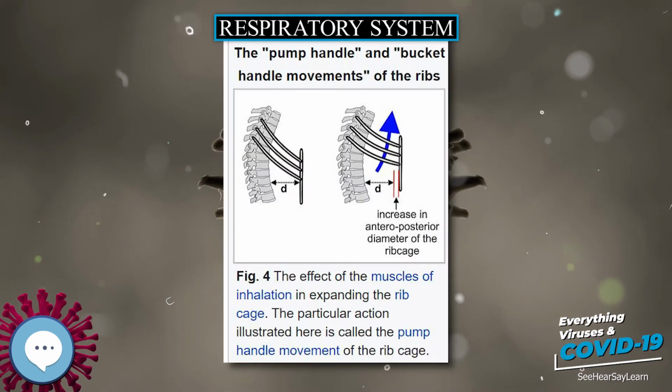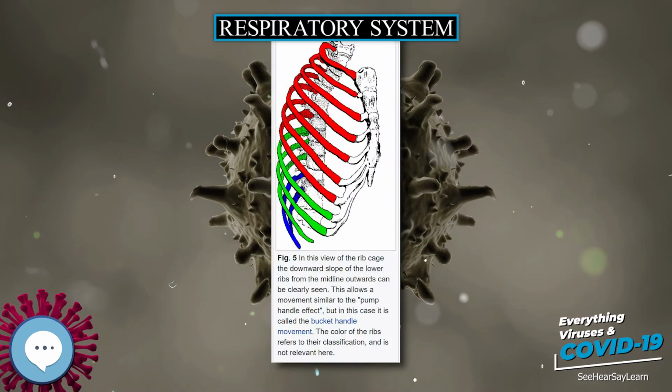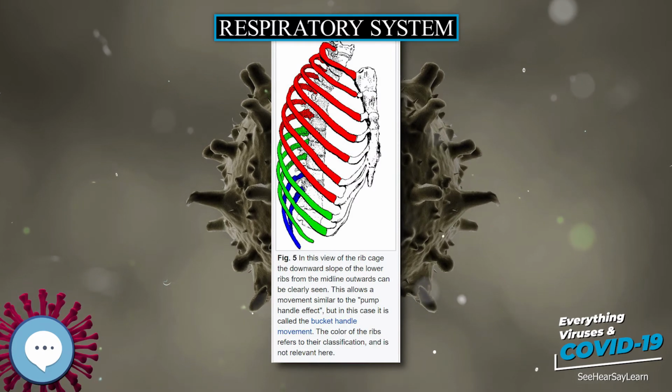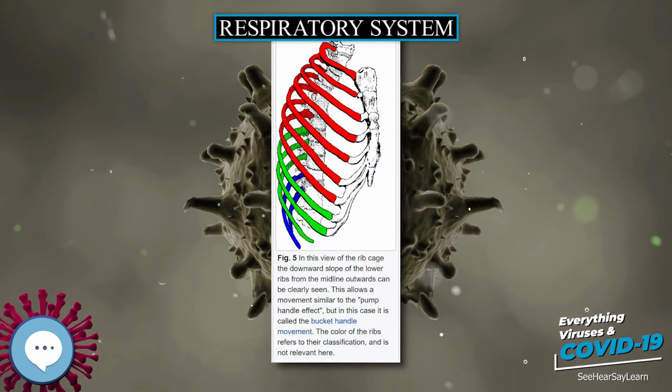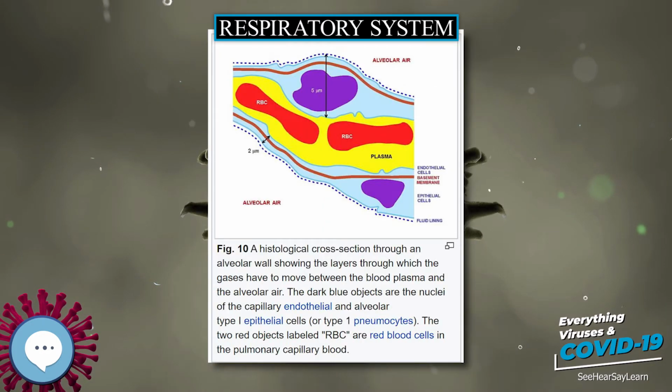The end exhalatory lung volume is now well below the resting mid position and contains far less air than the resting functional residual capacity. However, in a normal mammal, the lungs cannot be emptied completely. In an adult human, there is always still at least 1 liter of residual air left in the lungs after